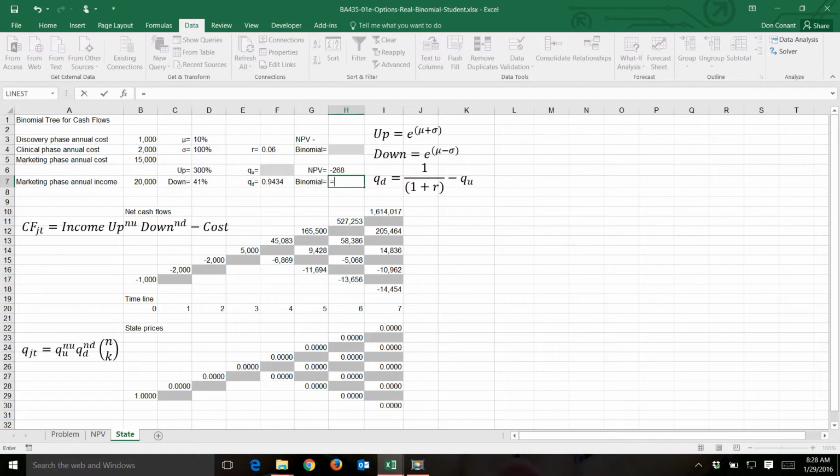To calculate the binomial real option model price for this project, we need to take our net cash flows, multiply them times the corresponding state prices, and add them together. Now you could spend hours writing a formula to do this, making dozens of mistakes, or you can very simply use the sum product function. That's what we're going to do. We're going to take the sum product